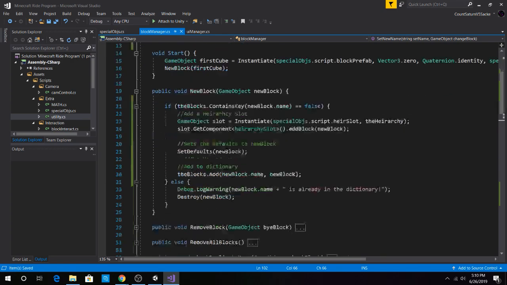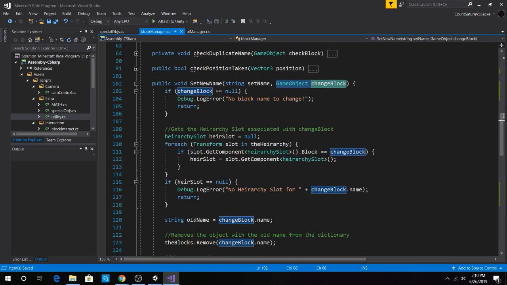So we pass here first cube, and the first cube's name is going to have to be cube, obviously, in this case. And we have to go through